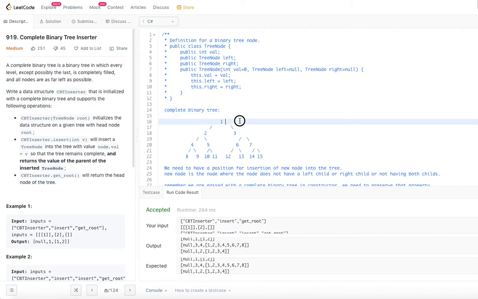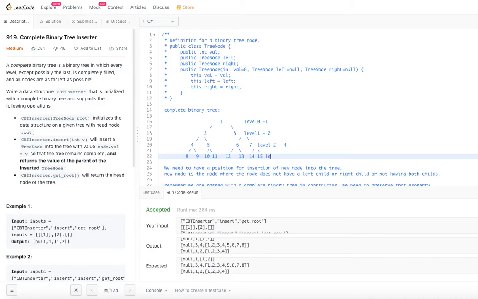For example, level 1, sorry, we will call it level 0. At level 0, the maximum possible number of nodes is 1 because there is only one root node in a binary tree. And at level 1, how many nodes can we have? 2, and two nodes are present, 2 and 3. And at level 2, how many nodes are possible? Maximum, it's 4 nodes, so 4, 5, 6, 7.